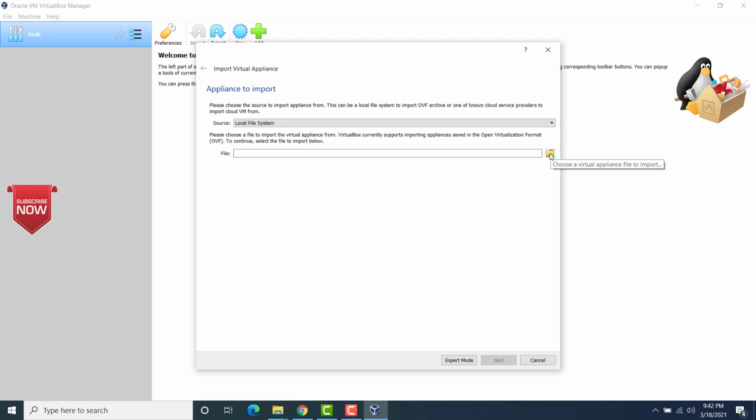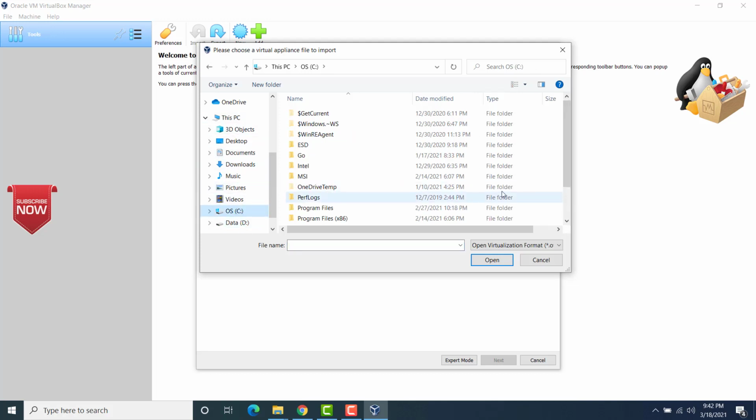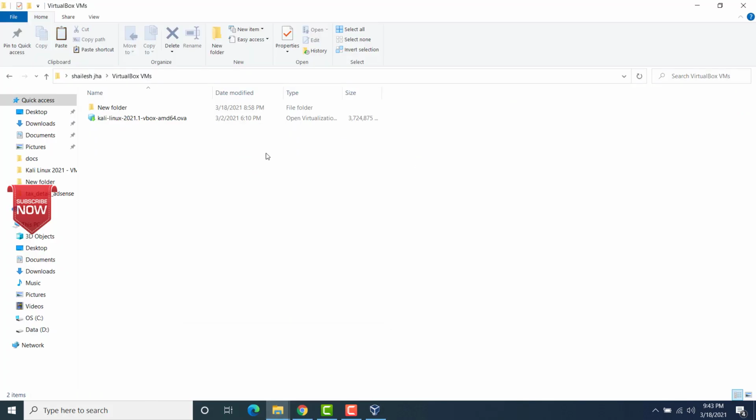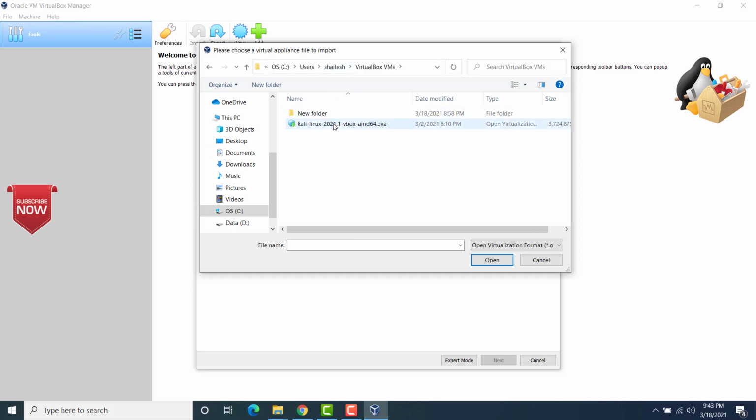Click on open to open the folder, and go to the place where I have put it. Let me go to VirtualBox here, copy this folder, and then paste it over here. Now you see, this is the OVF file that we have to open.